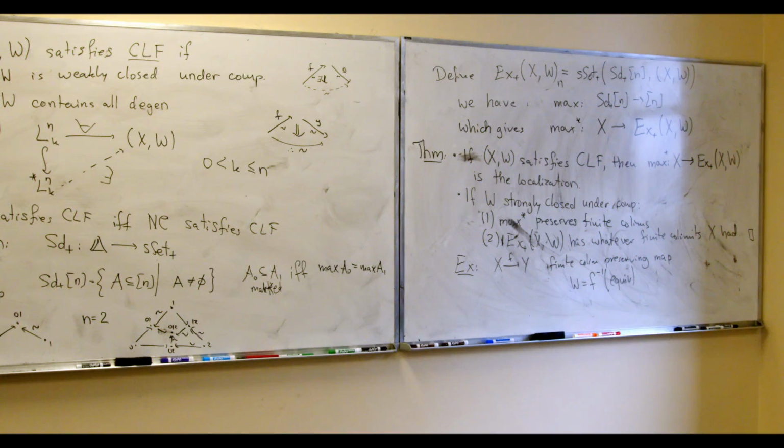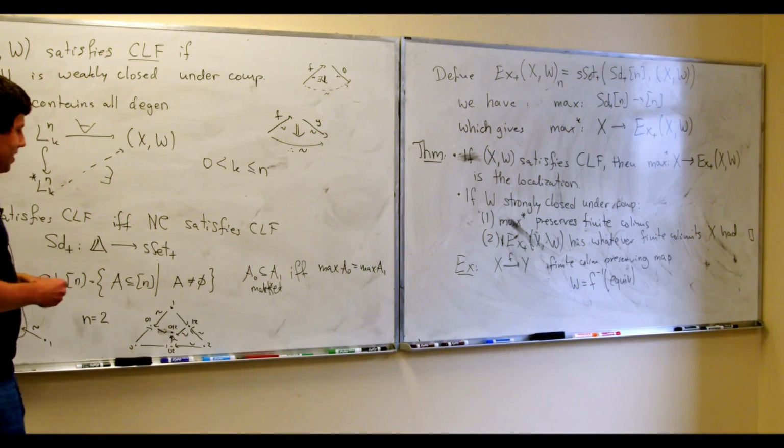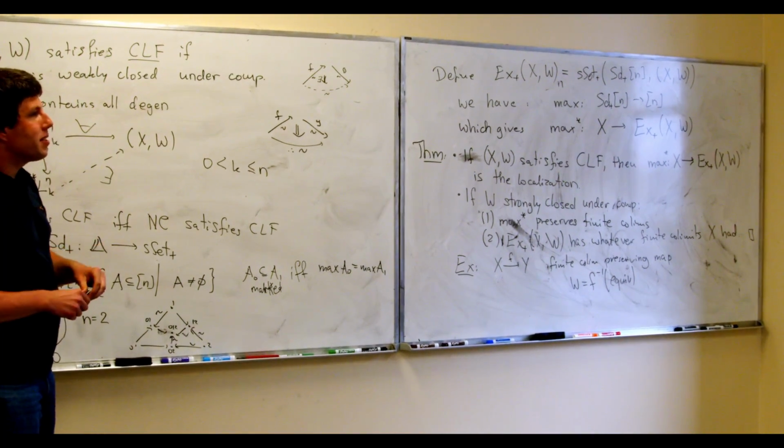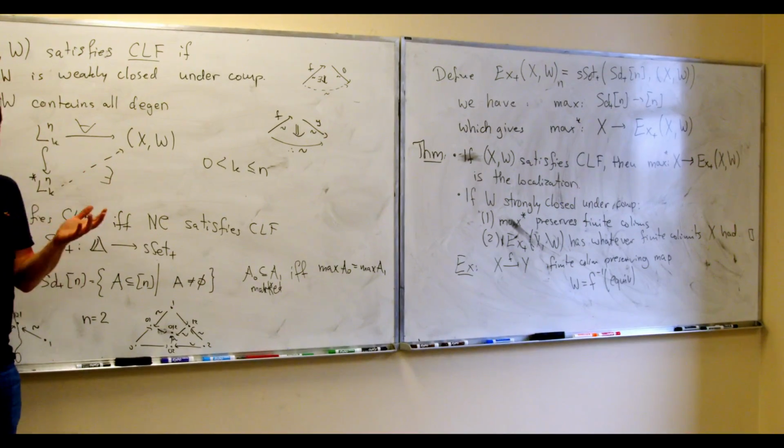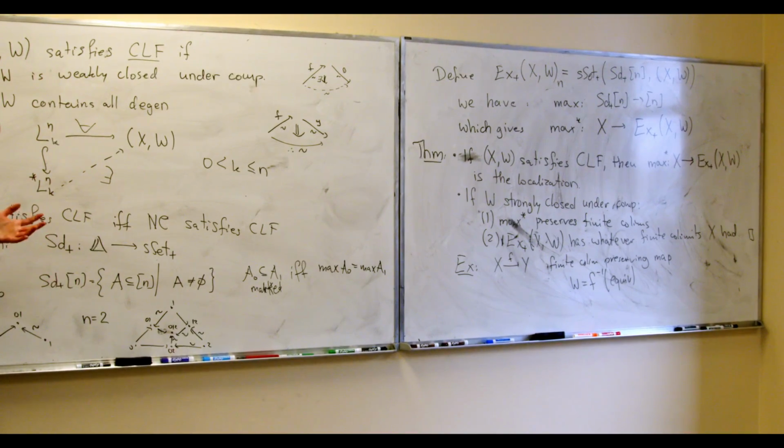Maybe I shouldn't get into this distinction at all, but it's kind of cool that in practice every class of weak equivalences that you can think of will be 2 out of 3 closed. But it's more of an exercise in full generality.